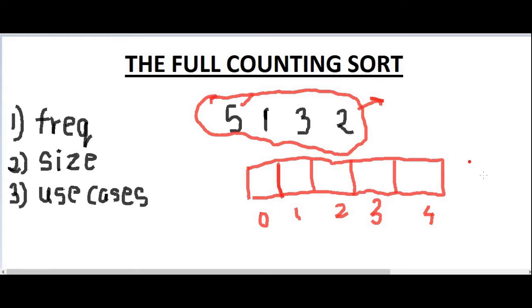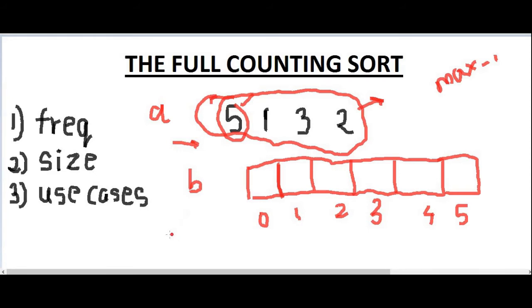For simplicity, let's say I'll create an array of max plus 1, so you don't have to subtract 1 from the number to get the desired index. So we have an array of maximum plus 1. What would you generally do? You will traverse the array and get the number, and you would increase the element. Let's say this is array A and this is B.